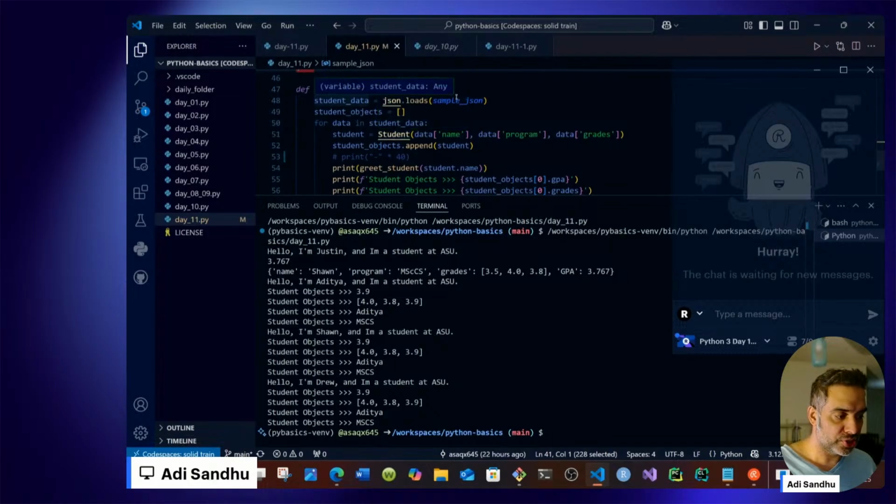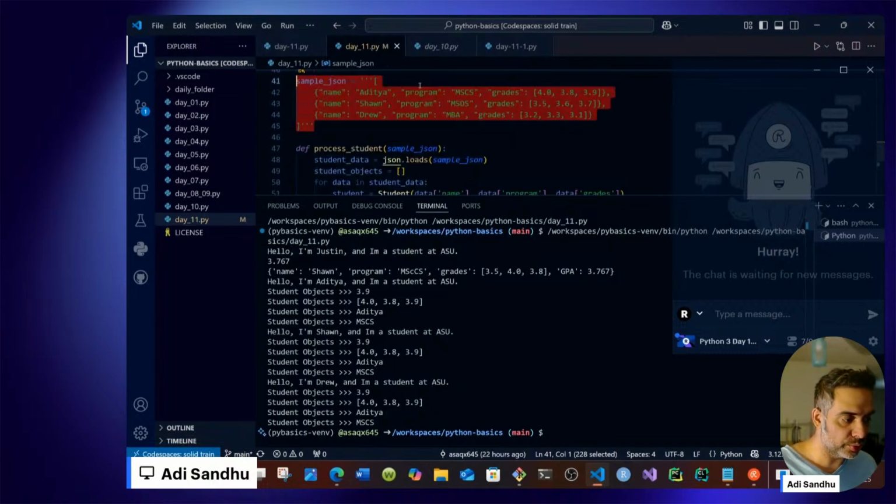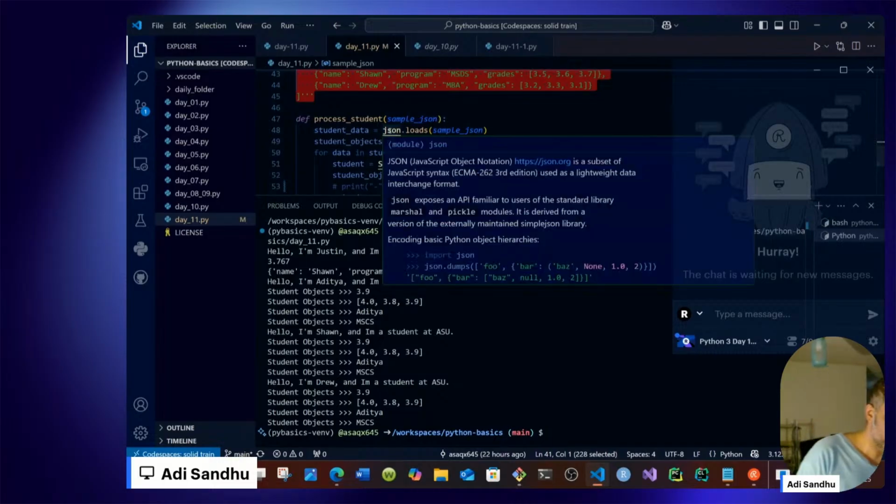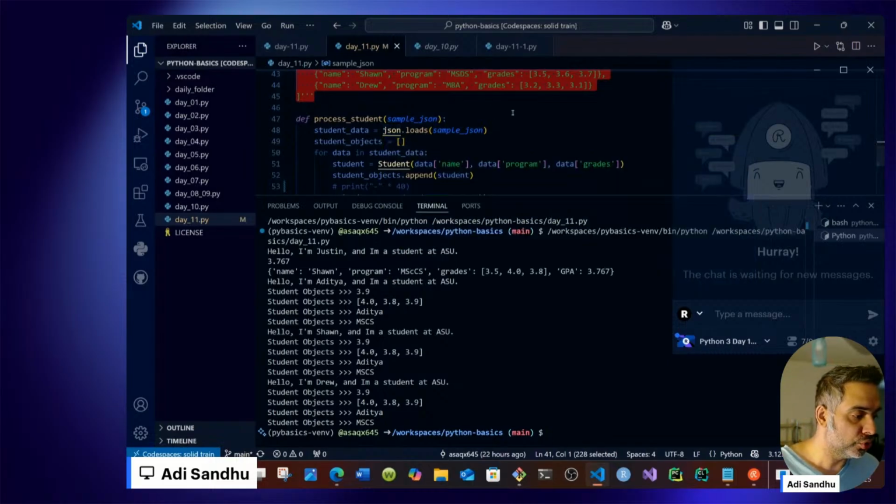This process function takes in a sample JSON, which is this JSON. It runs this internal JSON payload inbuilt function that takes in a JSON string in this format, and then it parses that string into a